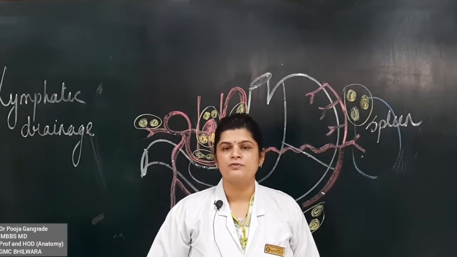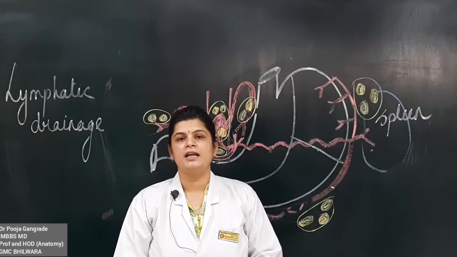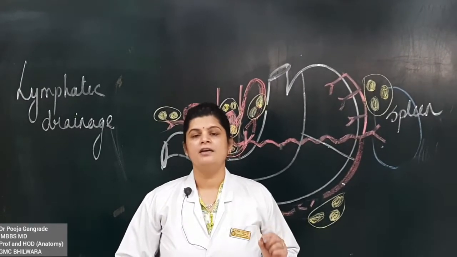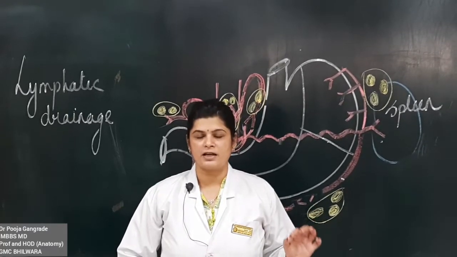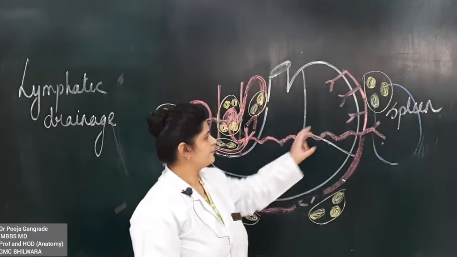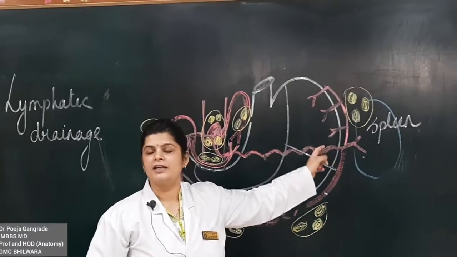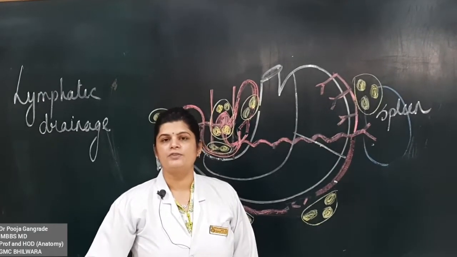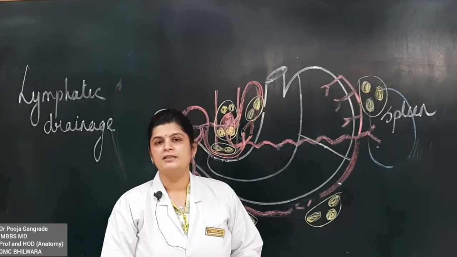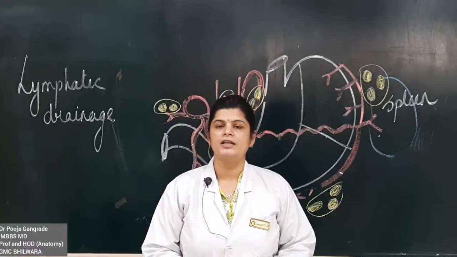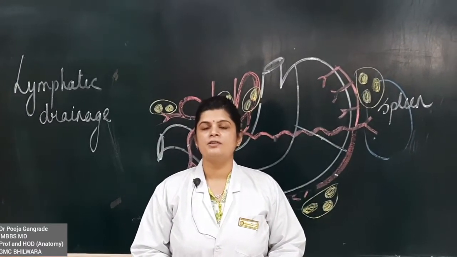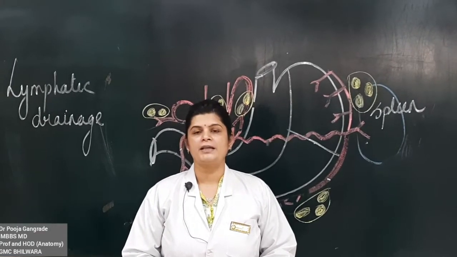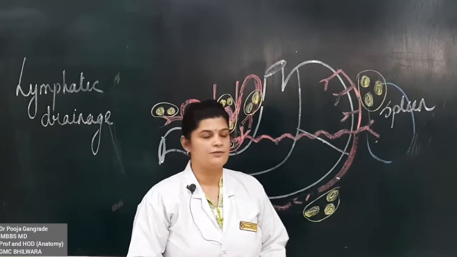Some books also mention four segments, but at the end of the day there are lymphatic groups which are important. So if you label the lymphatic groups properly, finally they drain into the celiac group, which is important. So let's start. This group, which is the higher end group, related to the fundic area and partly the body of the stomach, is the one which is going to drain into the pancreatico-splenic group of lymph nodes. Pancreatico-splenic or pancreatico-ileal group of lymph nodes.